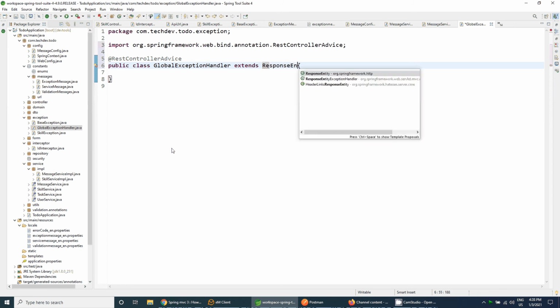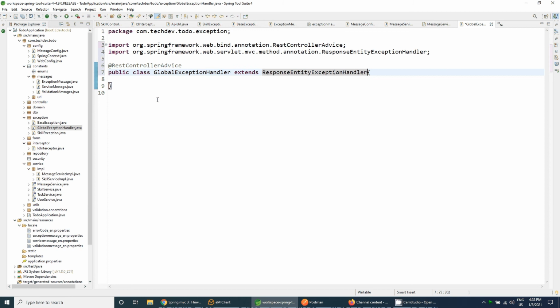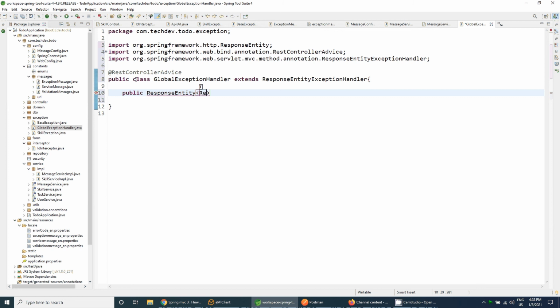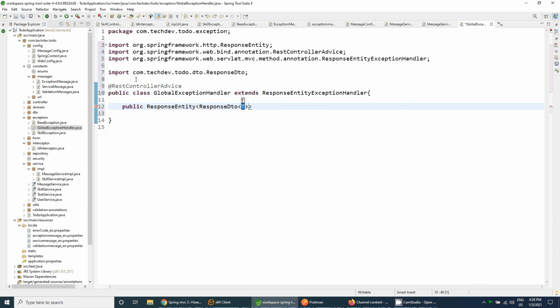ResponseEntityExceptionHandler, and inside that we will write our own method for handling the request: public ResponseEntity of type ResponseDTO of void, handleSkillException, with a SkillException object.